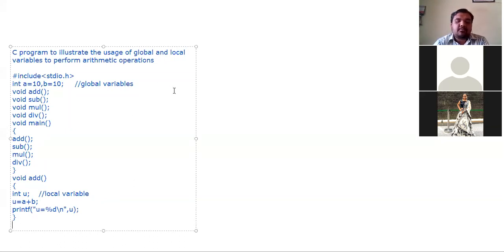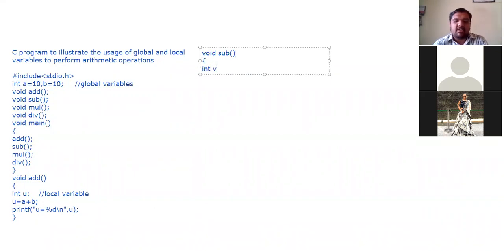Next one, I will write here in the next part: void subtract. Here I will take up one more local variable called v, which performs subtraction of two numbers. v is equal to a minus b.